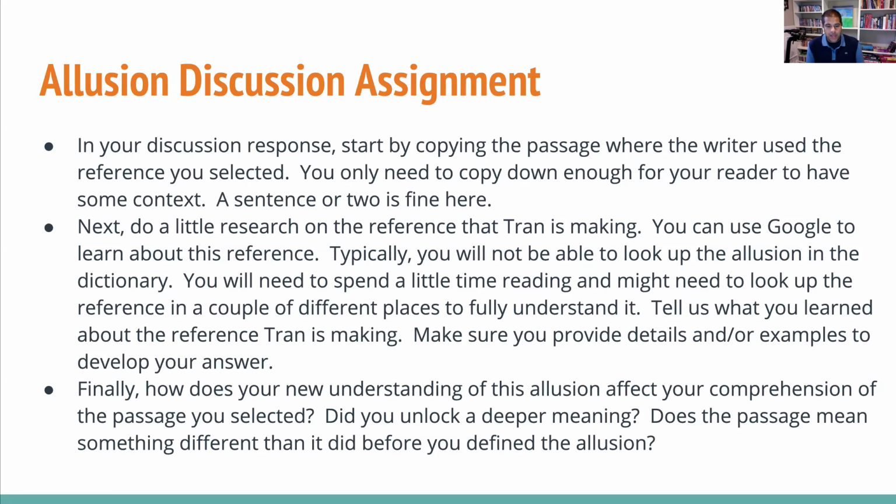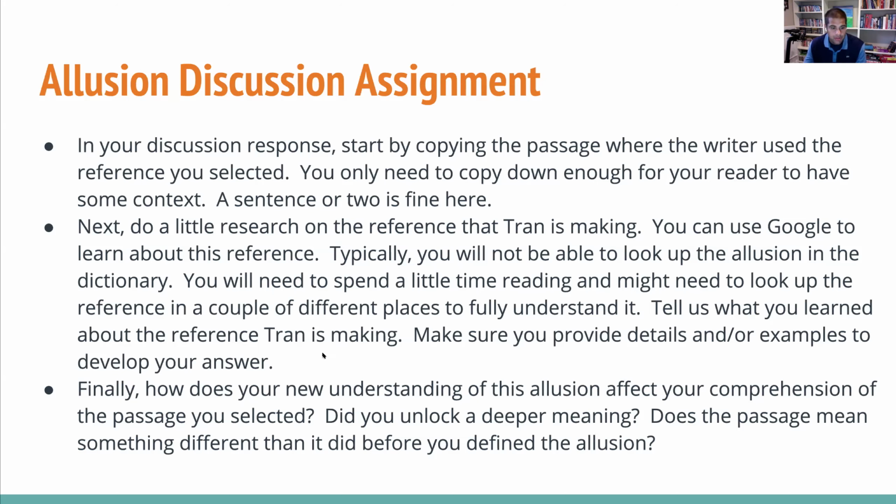And then finally, and I think this is the most important part to think about, is how does that understanding of that allusion affect comprehension for you as a reader? So beforehand, if John Hughes is something that you gloss over, Frank Lloyd Wright is something that you gloss over, how then does going back and taking the time to critically read through that passage again and understand that reference affect the meaning of the passage that Tran is presenting, right?